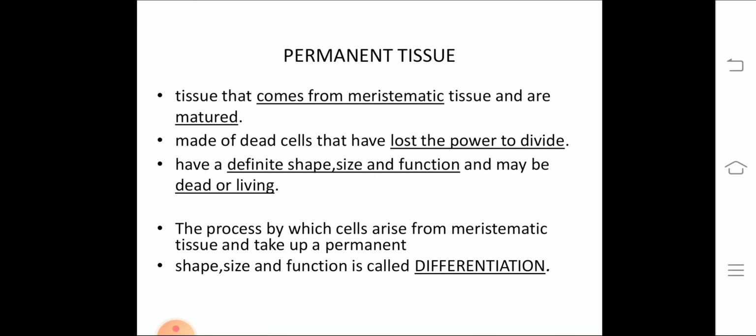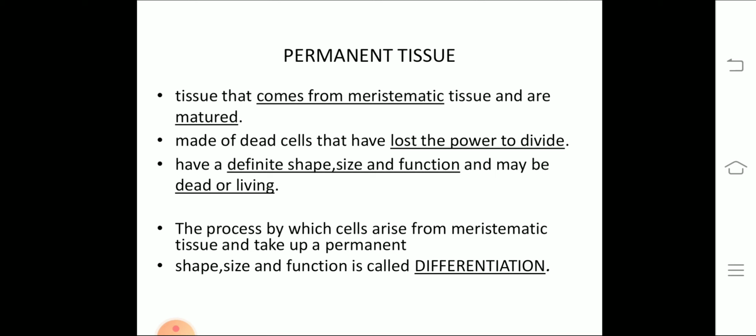Apical meristems are present in the root and shoot tips. They help in the growth of stems and roots, so the plants automatically increase in height or length. The intercalary meristem is found between the nodes or at the base of the leaves, which helps in increasing the number of branches or leaves on the plant.